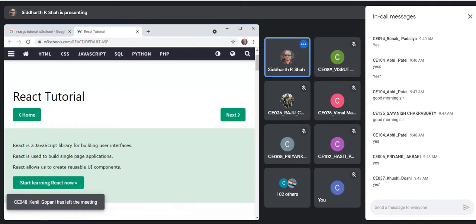Fine. So now let us start and let us understand. Today we'll see the introductory part of React.js and we'll see how we can install and how we can run that. Okay.